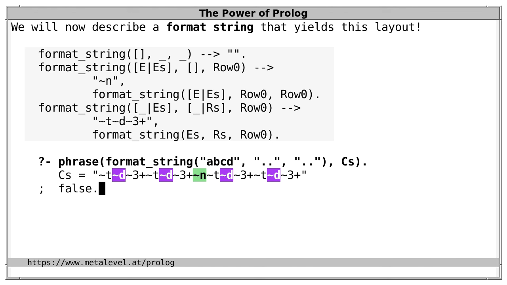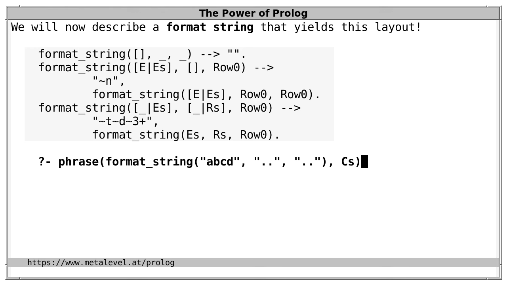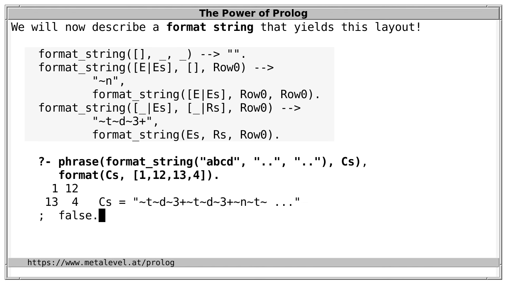And this may seem a bit unusual because usually format strings simply occur hard-coded in Prolog programs. But here we describe the format string itself with Prolog code. And it shows that if we want to do it, then we can do it. We simply describe the format string like any other string, for instance, as we did here with the DCG. And to actually produce output, we can use, for example, the predicate format. The first argument is the format string, and the second argument is the list of arguments, in our case a list of integers such as this one. This succeeds with exactly one solution, and there's also output, the first line and the second line,